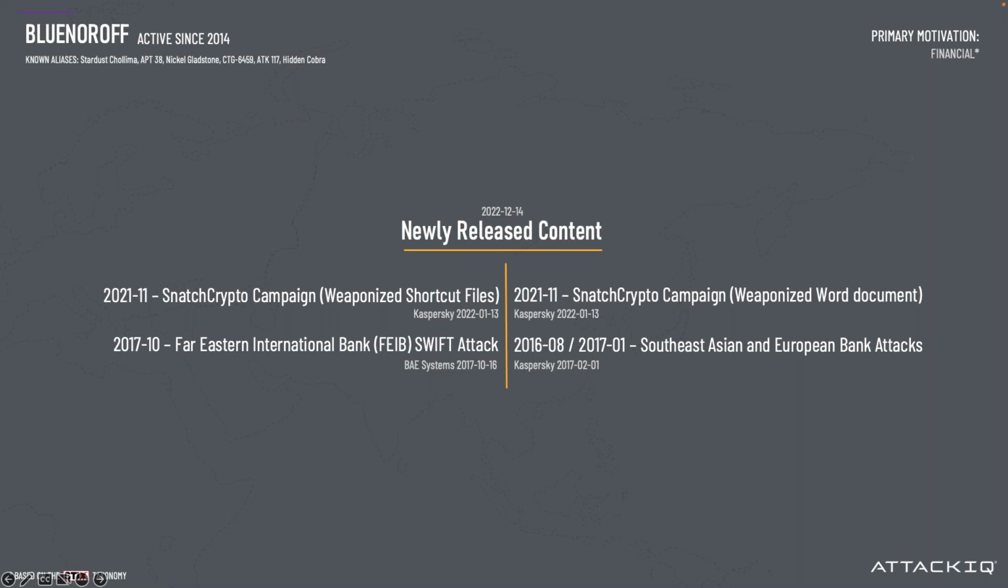After that, we have the Far Eastern International Bank SWIFT attack, which is an activity that took place in October 2017, in which BlueNoroff attacked a commercial firm in Taiwan and attempted to move funds from accounts to multiple overseas beneficiaries. Finally, we have the Southeast Asian and European bank attacks, which are a series of attacks identified by Kaspersky